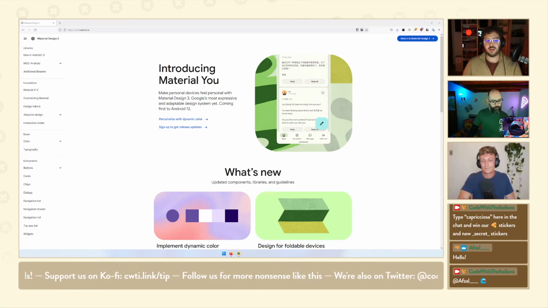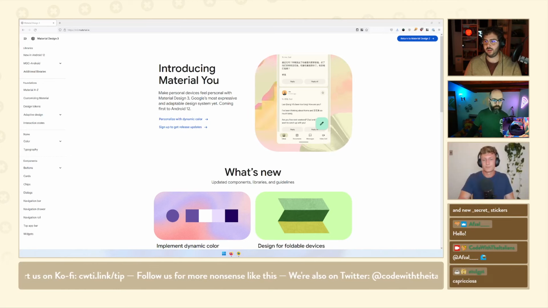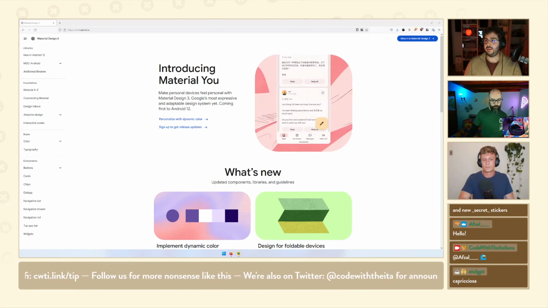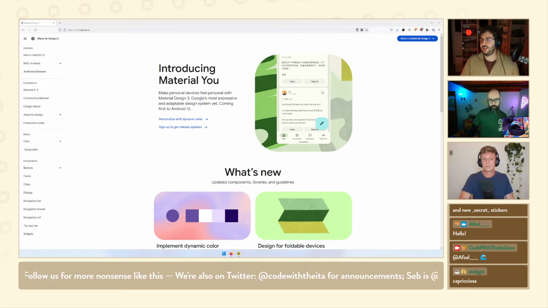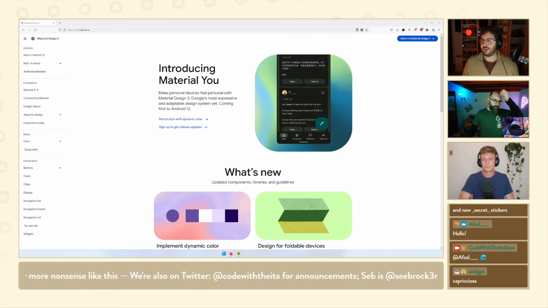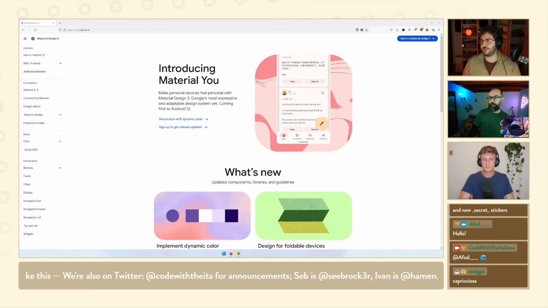And I would say another big departure from the previous idea with material theming was that now Material U is a thing. So you are supposed to make your phone yours. So in a sense, you have more control over how the applications look, but at the same time, applications have way less control over how they will look on a user's device, right?